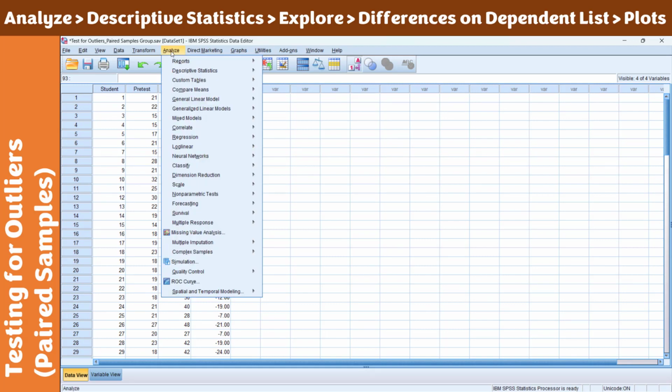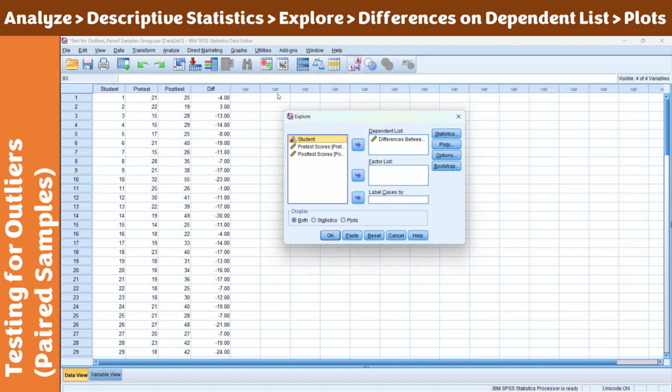Earlier in the original file, there were no significant outliers. But if we go to Analyze, Descriptive Statistics, and Explore, and once you click Explore, same thing here. This is already considering the additional two students with their corresponding pretest, post scores, and differences between the scores.